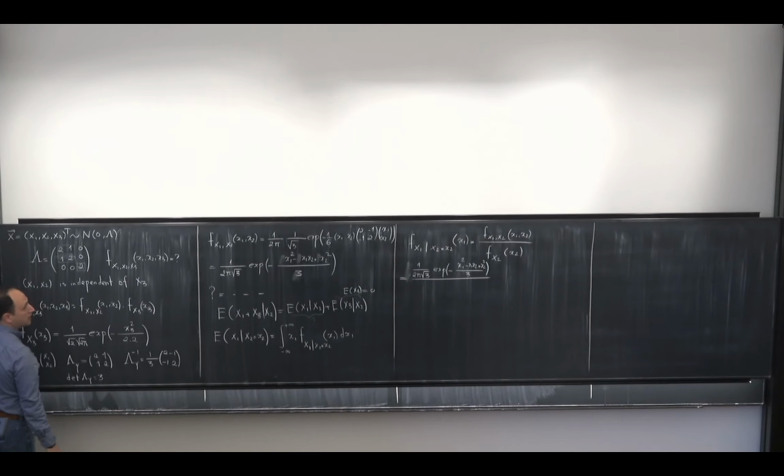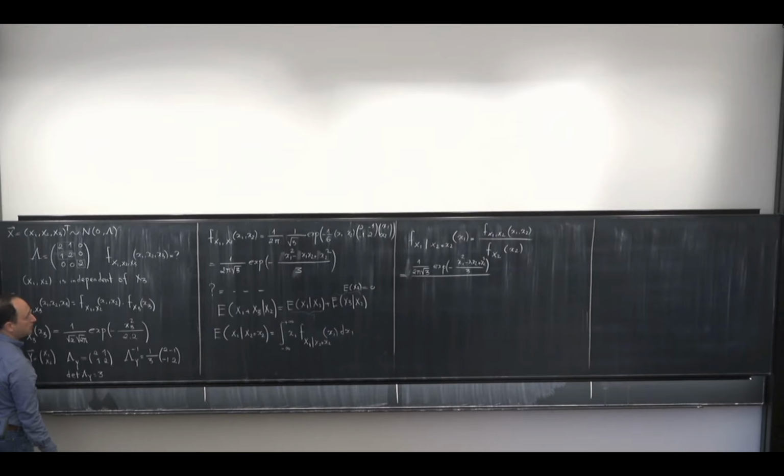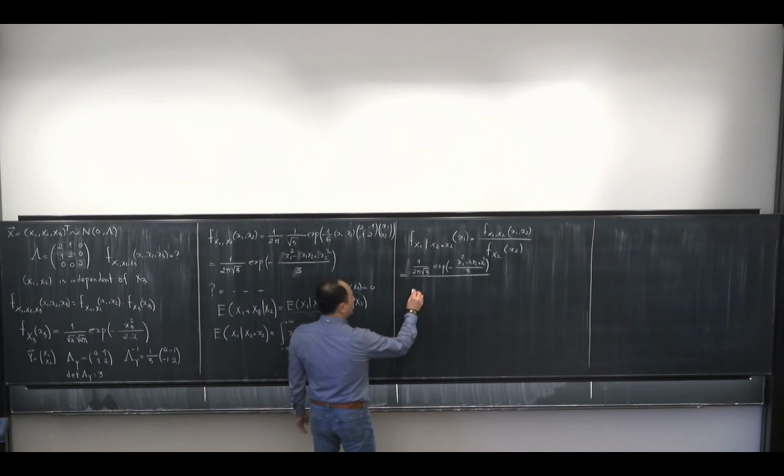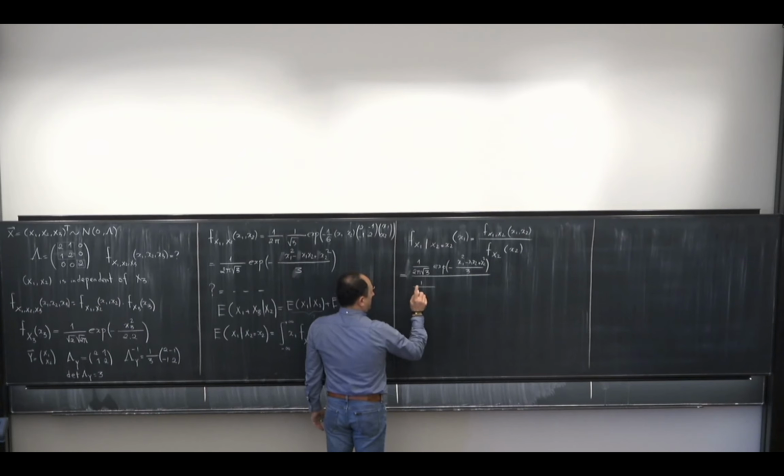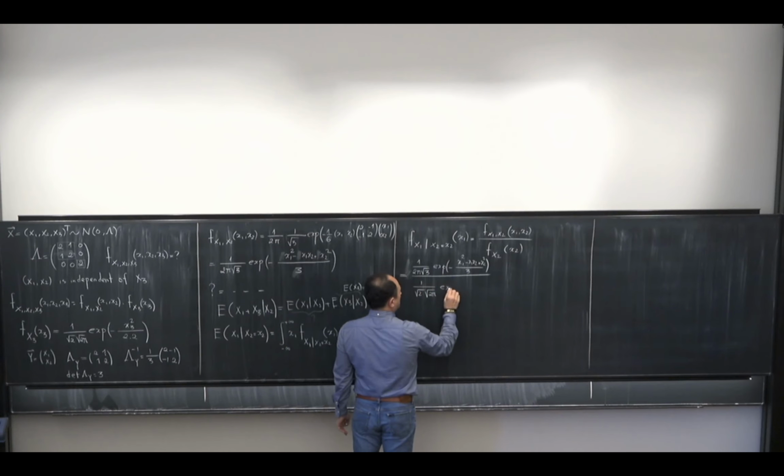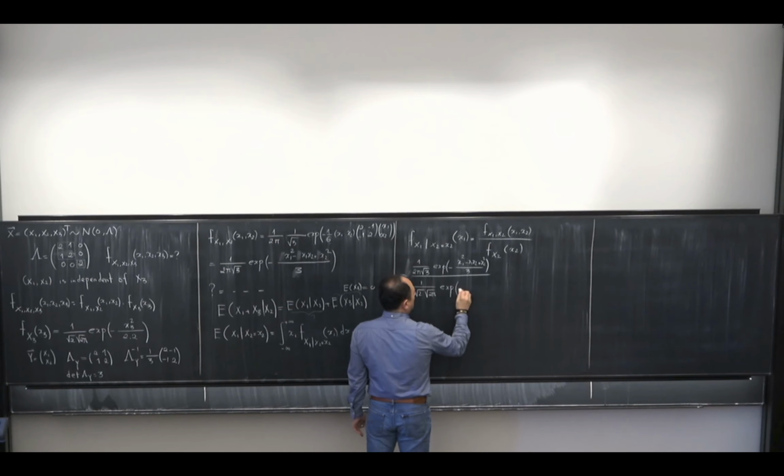So what is that? That's a normal distribution. What is the mean of x2? It is 0. What is the variance of x2? It is 2. Yes? So this becomes 1 over, variance is 2, so this will be square root of 2, square root of 2 pi, and then I have exponential of minus,